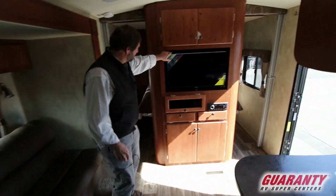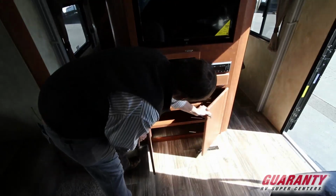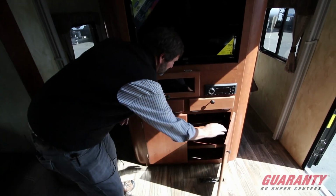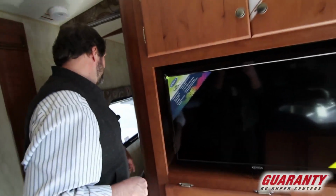Now if we look up here, you'll see this has the swivel TV, and it's also got storage, quite a bit of it right down here. Lots of storage there. That's a home theater system. It'll all play DVDs and stream stuff. Then we come up here